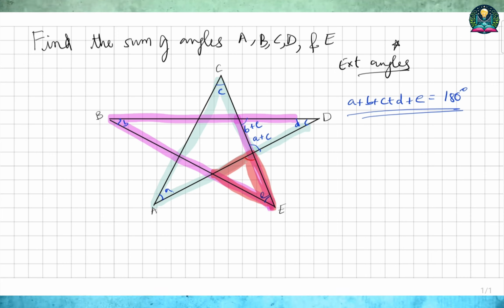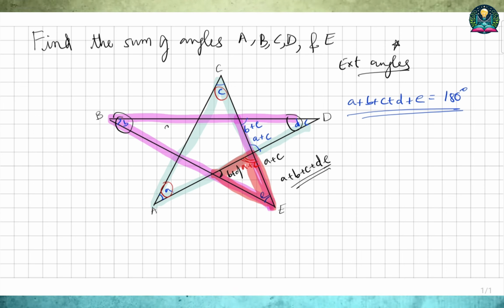Here, this angle is the exterior angle of the triangle with vertices A and C. So this angle would be equal to A plus C. Now, which triangle should we consider to find out the other angle of this red small triangle? It is the triangle with vertices B and D. So that angle is equal to B plus D. So once more we have arrived at the same solution. You can solve it for these other triangles as well, for practice, but you should be getting the same solution